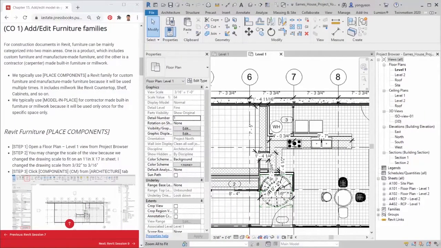Hello all. This tutorial will demonstrate how to add and edit furniture families in Revit. For construction documents in Revit, furniture can be mainly categorized into two main areas. One is a product, which includes custom furniture and manufacture-made furniture, and the other is a contractor or a carpenter-made